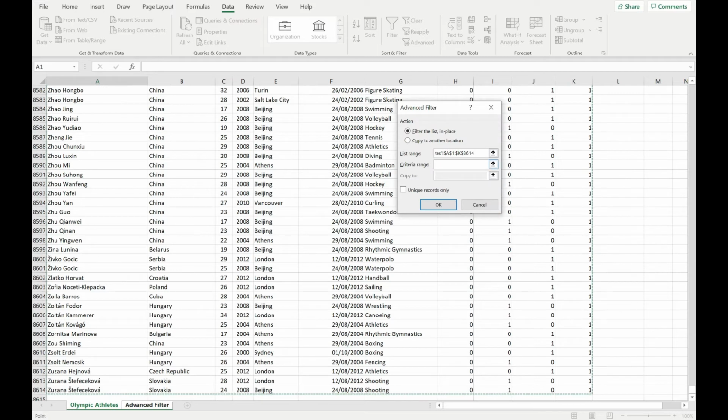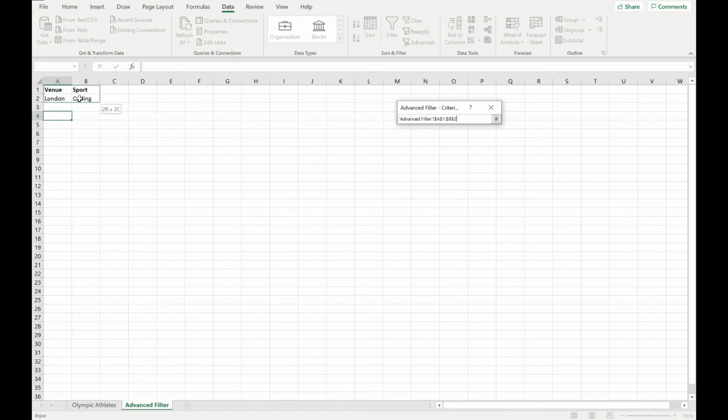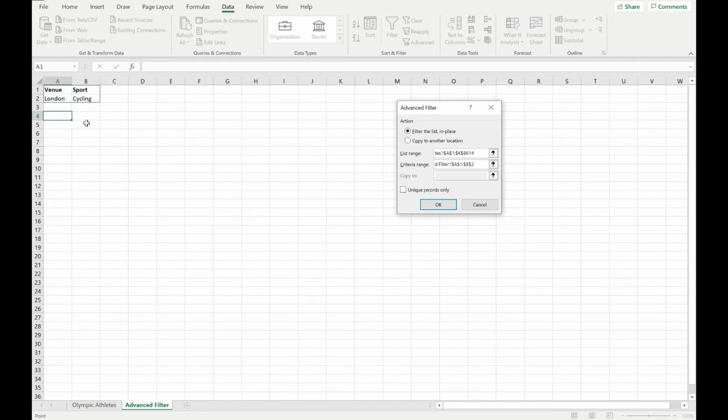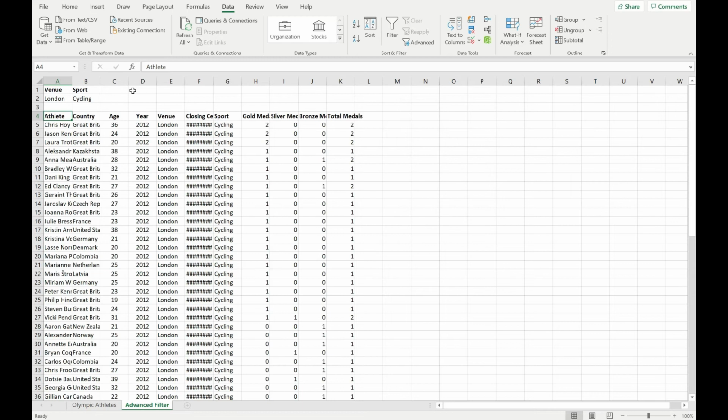Back in our advanced filter, we've got our criteria range. This is on this sheet, and we select our two criteria plus the headers. So we have to include those column headers. And we're going to say we want to copy this data to our new sheet. So we'll select the copy to another location radio button. And in the copy to box, I'm just going to select an empty cell here. I click OK. We've now got a list of all the medalists who won medals in cycling in London in